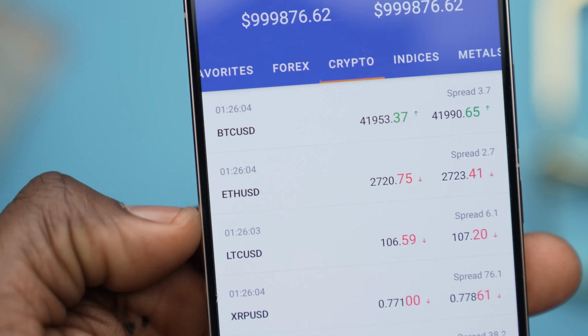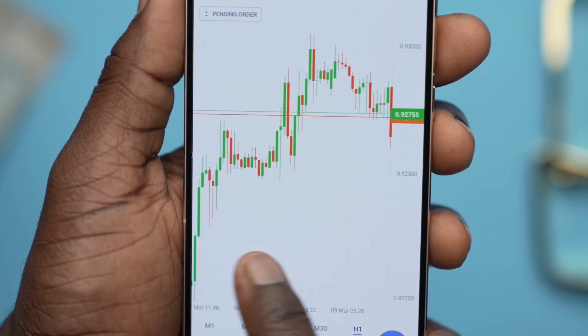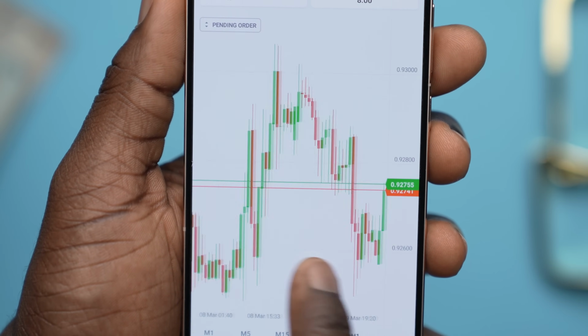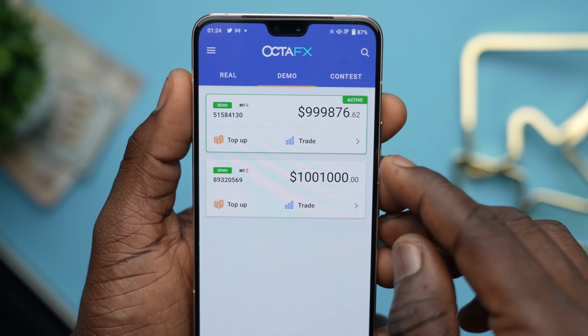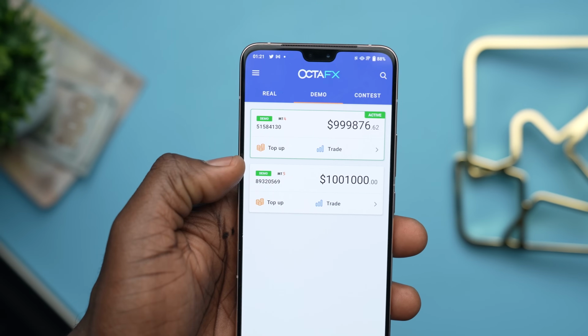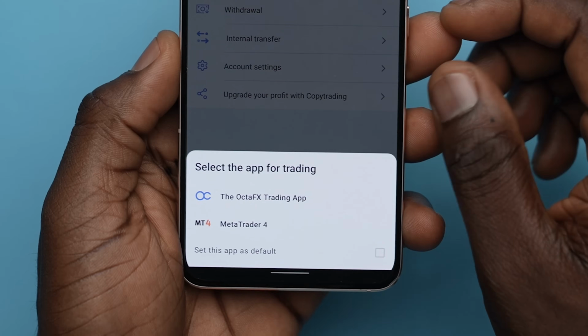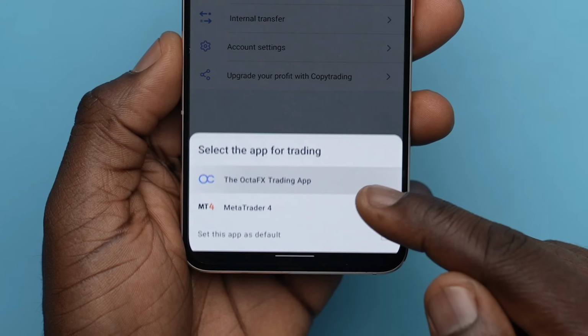Going right into the demo account now, you can see a chart and you would want to know your strategy. Once you're ready to trade, you would choose which type of account you want to use, real, demo, and contest. For the purposes of this video, I'll stick with the first two, which are real and demo accounts. Now, heading over to your demo account, clicking on the one you want to use, I'm using MetaTrader 4, and if you click trade, it will prompt you to enter your password if you haven't saved it.